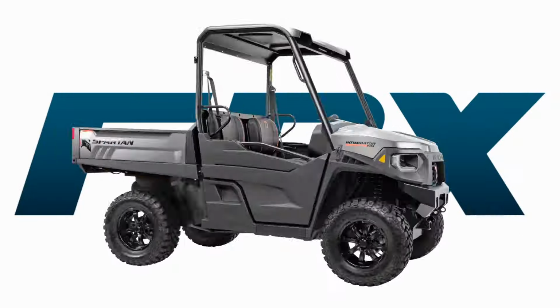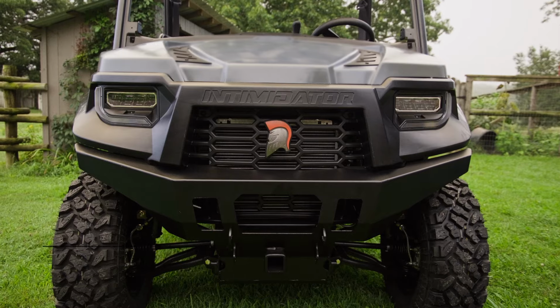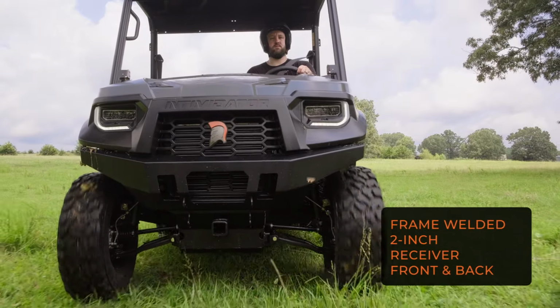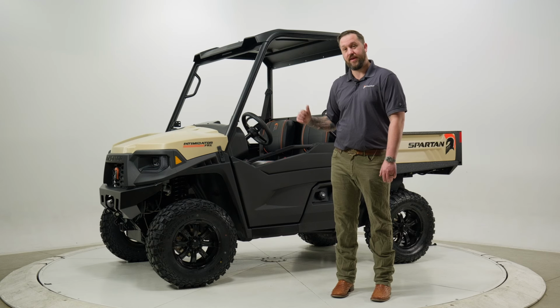So we'll start at the front of the vehicle. You'll notice this really heavy-duty, integrated steel bumper. In addition to that, you'll notice that there's a 2-inch receiver up here, and that is welded into the frame, so you know it's going to be structurally sound. And it pairs very nicely with the second 2-inch receiver that's on the back of the machine that is also